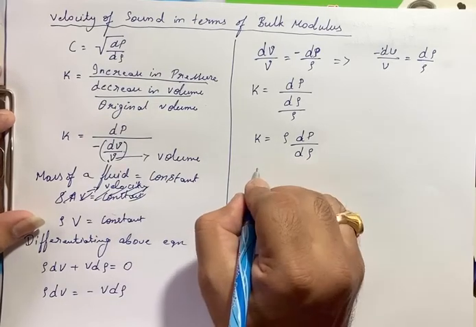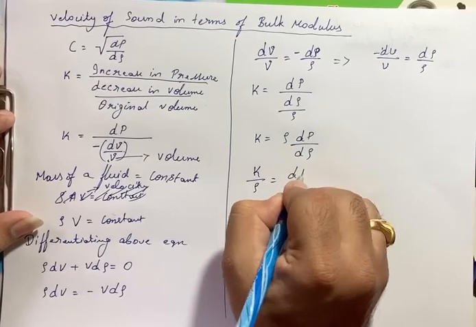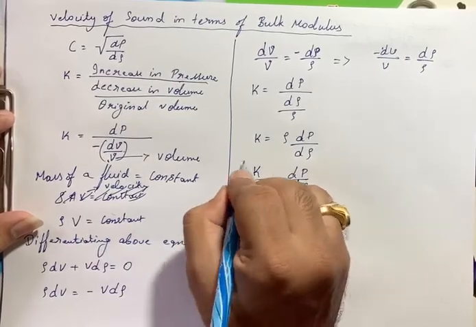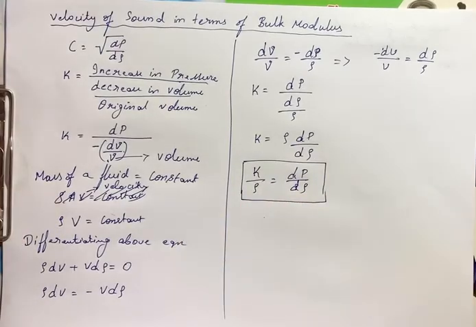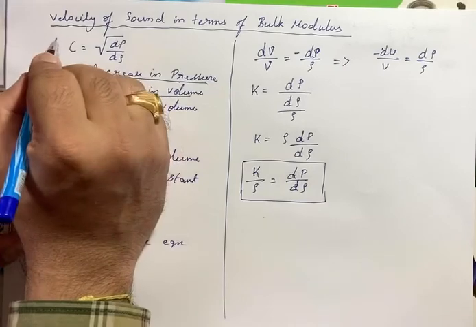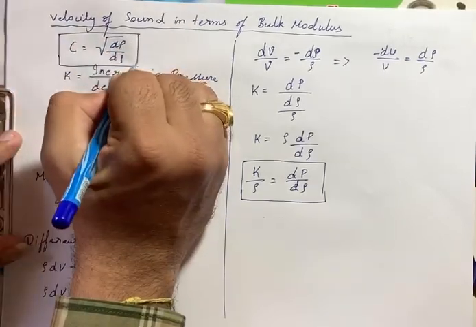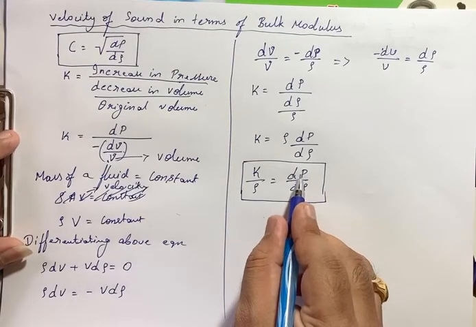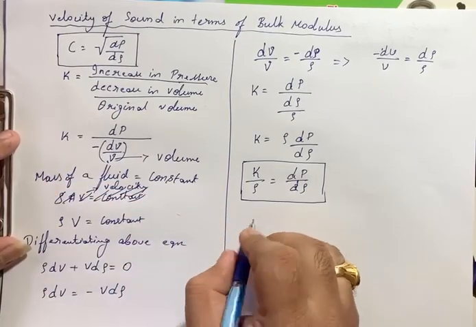Or else I can write this as K divided by rho is equal to dP divided by d rho. We have got the velocity of sound as c is equal to root of dP divided by d rho. Now substituting dP divided by d rho as K by rho in the velocity of sound,